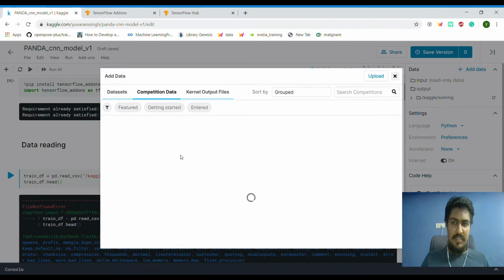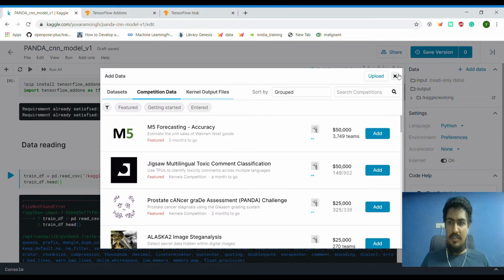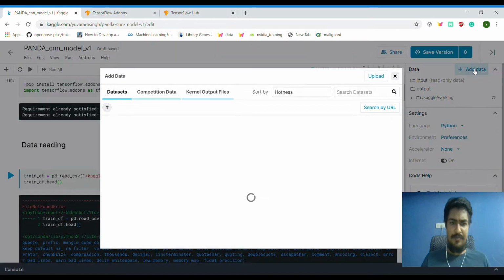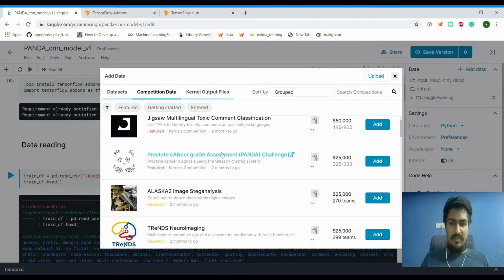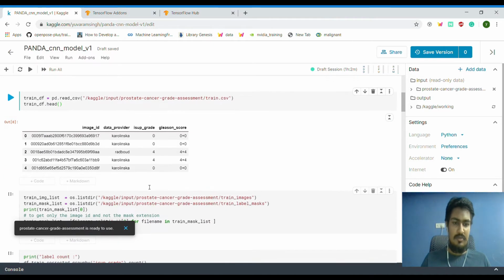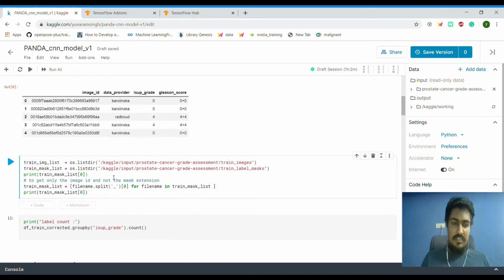Okay, it's not a big deal. I'll just take this time to show you. So click on add data and then competition data, and here you can find the competition and just click add. So it will actually mount the required thing. So now this should work. Okay, so done.